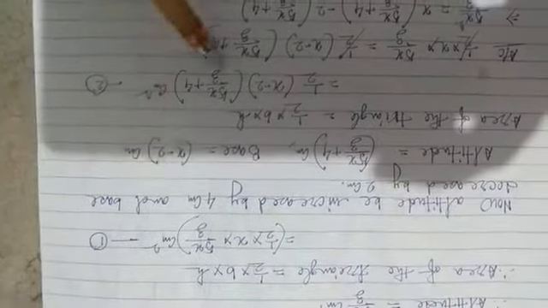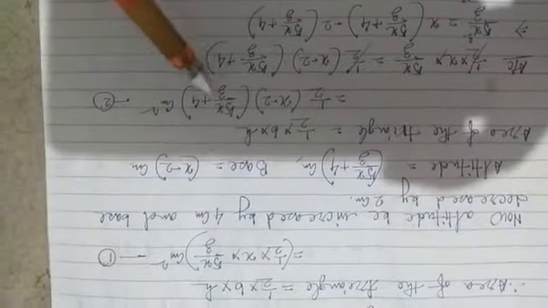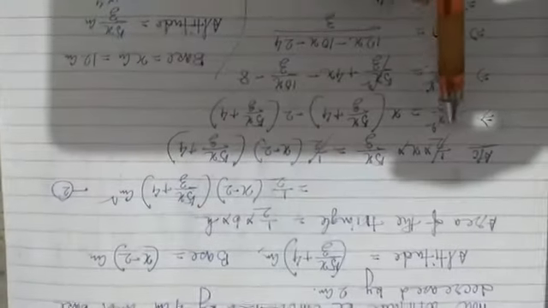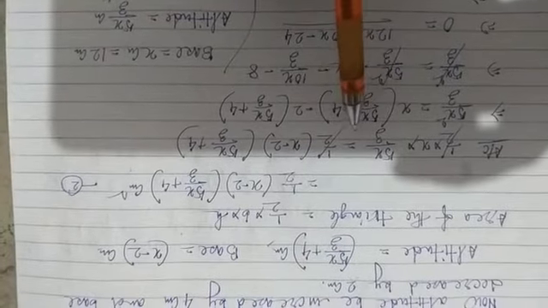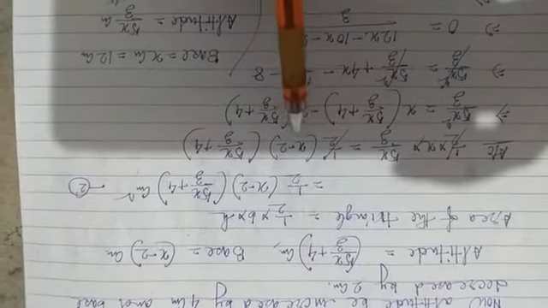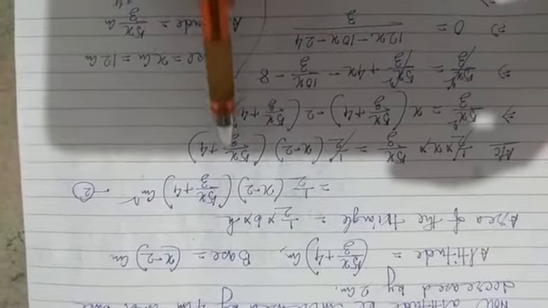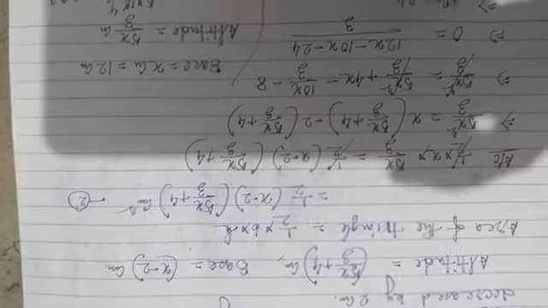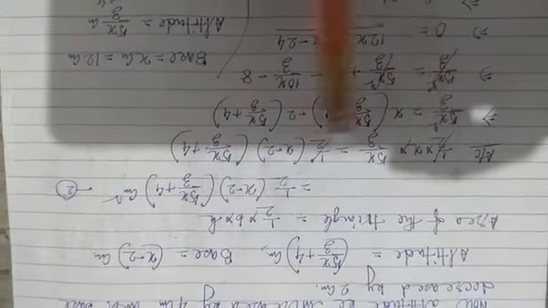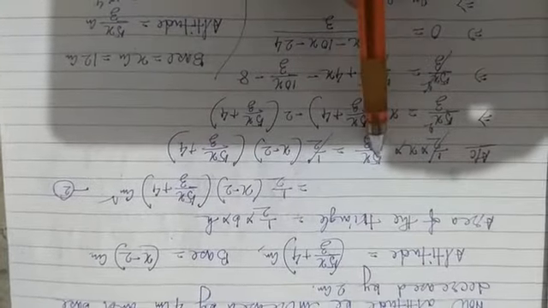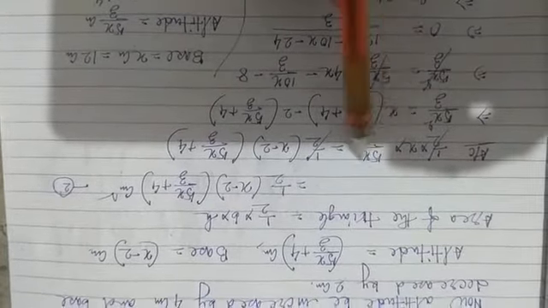So according to the condition, in both the cases the areas are the same. So it is 1, it is 2. According to the given condition, half into x into 5x by 3 equals 1 by 2 into x minus 2 into 5x by 3 plus 4. So this is a linear equation in one variable. So cancel this half from both sides. Now 5x square by 3 equals x into, multiply these two binomials, so x into this factor minus 2 into this factor.